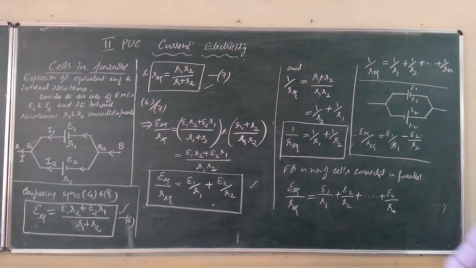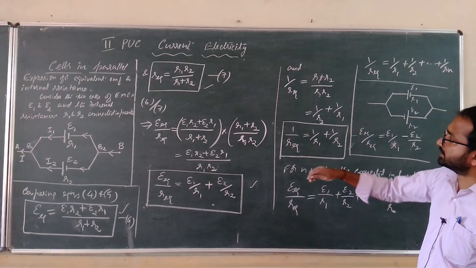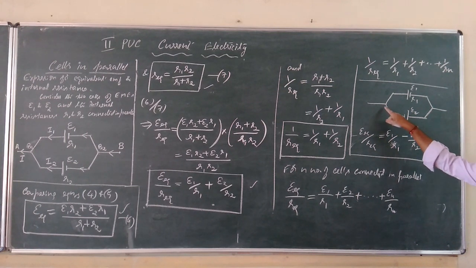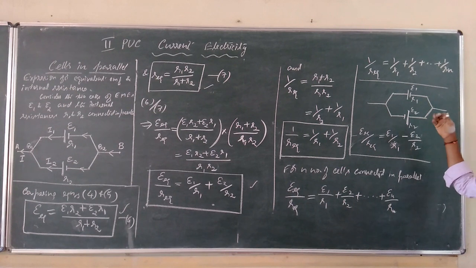So E2 should be taken as negative because, while you calculate the EMF of this cell, while calculating the terminal potential difference, V is equal to E minus IR. While calculating E2, it should be in an open circuit, therefore minus E2. And this is V is equal to minus E2. What about the IR product? That is minus IR2 only, because this you have to calculate when this is in the circuit.